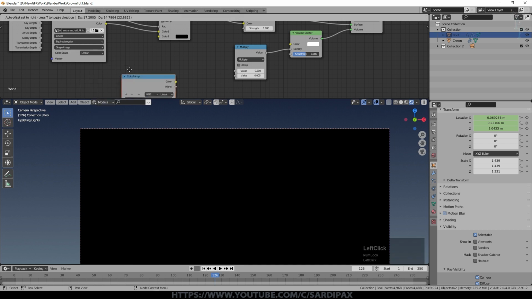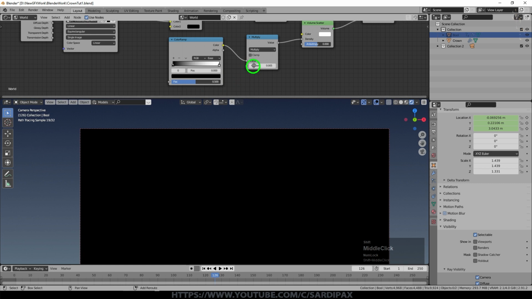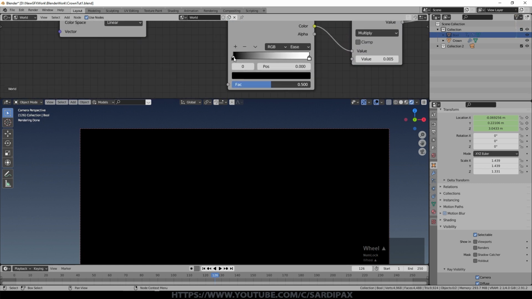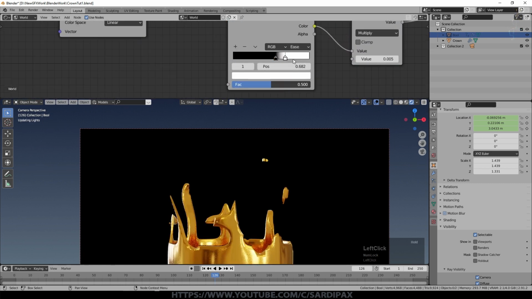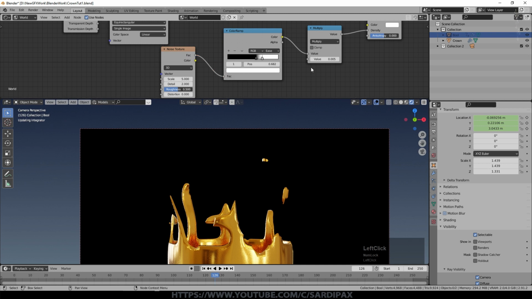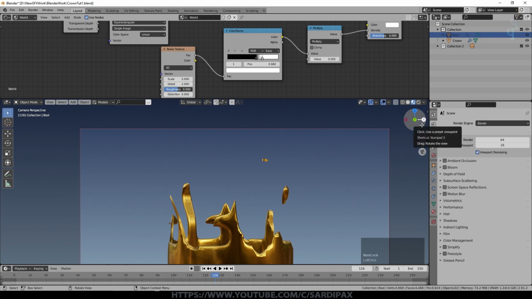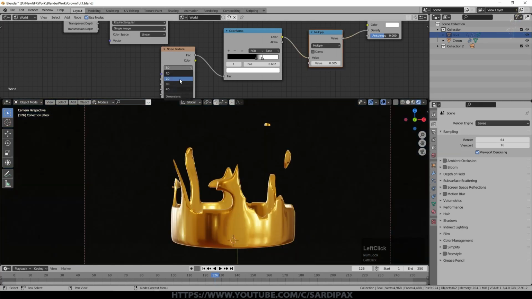Then we'll add a color ramp. I set it to ease, it's up to you what you use. Put that into the other side of the multiply node, and then just bring the general nodes in somewhere around here. And then finally we'll add a texture, which is a noise texture. Connect that into the color ramp. At this point, make sure, if I haven't said already, that you're in EEVEE mode, because this is going to use a lot of memory if you're in Cycles mode and may cause problems, because we're adding a very large volumetric effect. Once you're sure you're in EEVEE, we can go to rendered view. I set my noise to 4D.